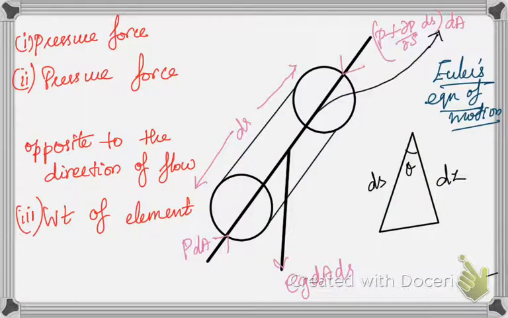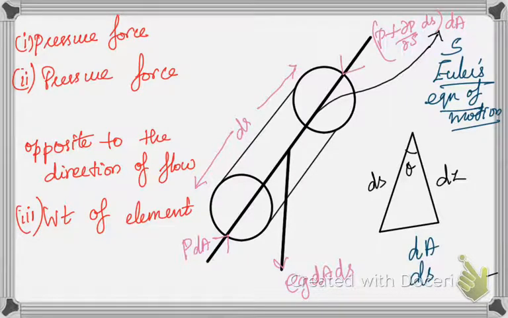Here, the forces due to gravity and pressure we are going to take into consideration. Now what we are going to do is consider a streamline, and we assume that the flow is taking place in the S direction. So the flow is moving in the S direction, and we are going to consider a cylindrical element. You can see a cylindrical element.